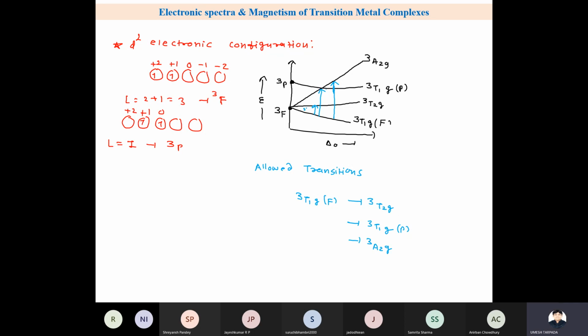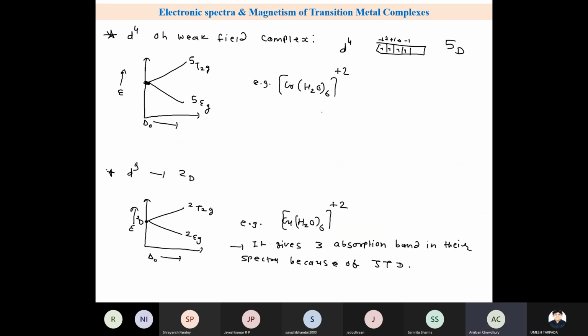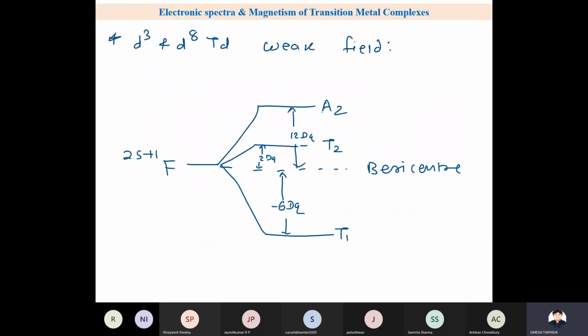You can say this is nu 1, this is nu 2, and this is nu 3. Especially nu 1 greater than nu 2 greater than nu 3. Coming to this one, this is the F term splitting. In the F term,